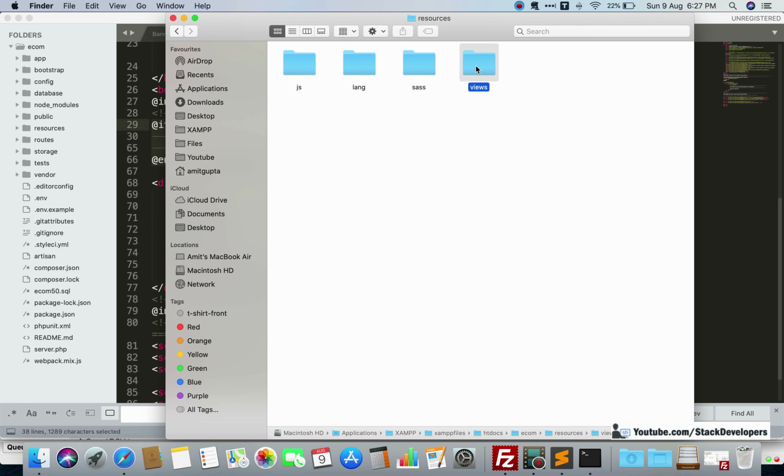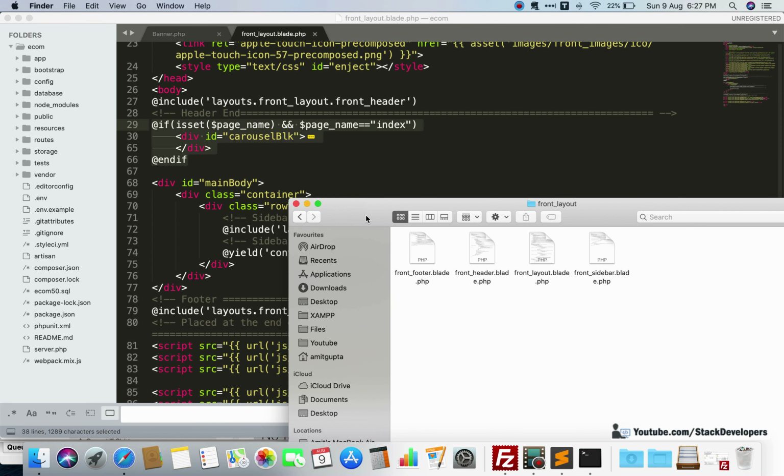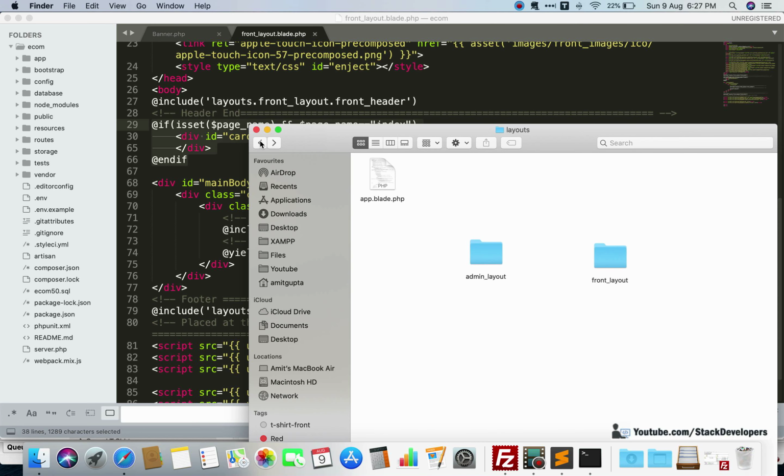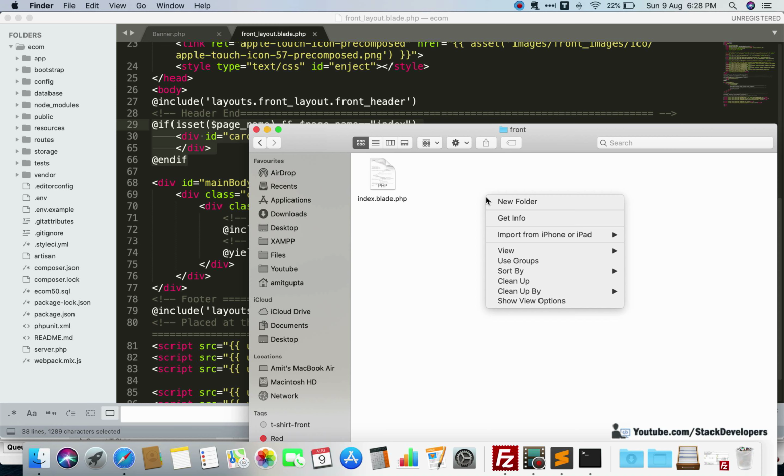Resources, views, layouts. In layouts, front layout, but we can do it not in layouts. We can put this one in front itself, and here we can create one file in front itself.